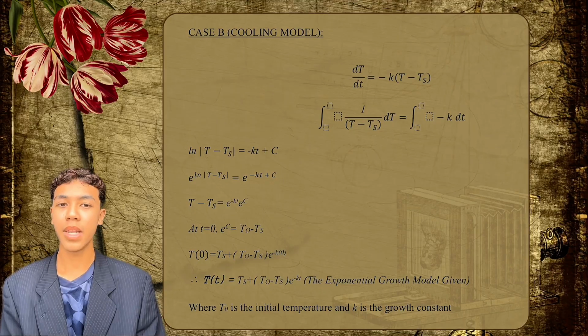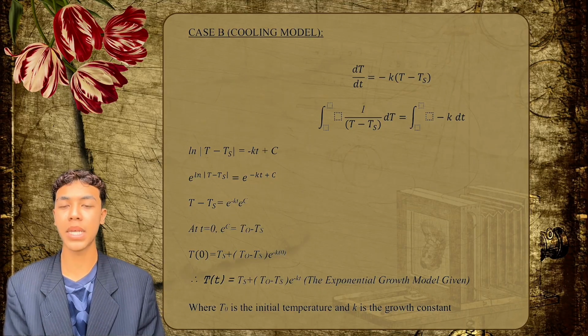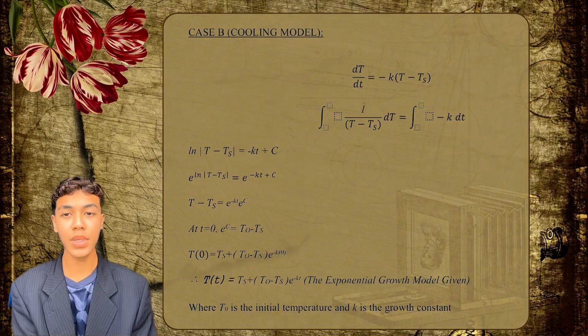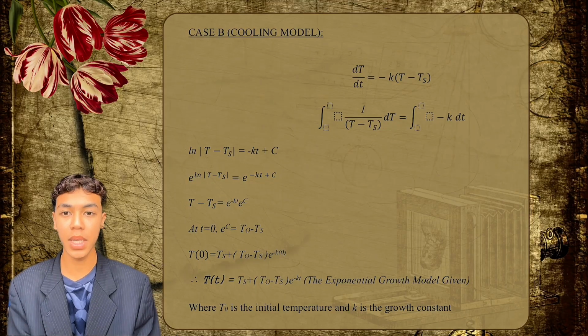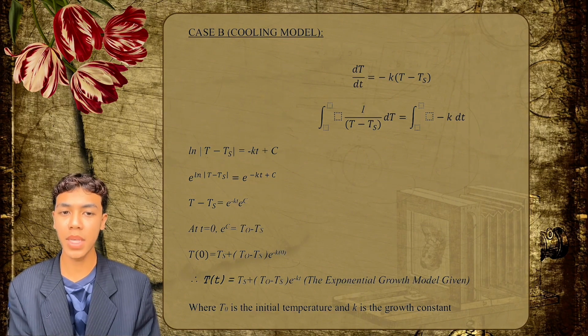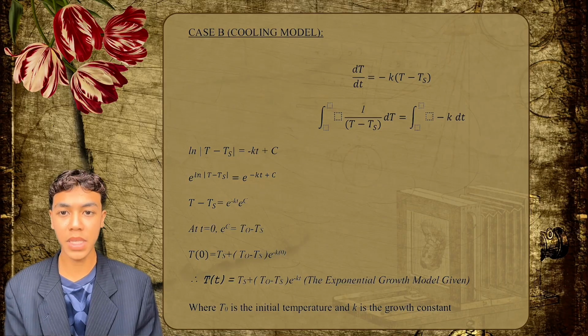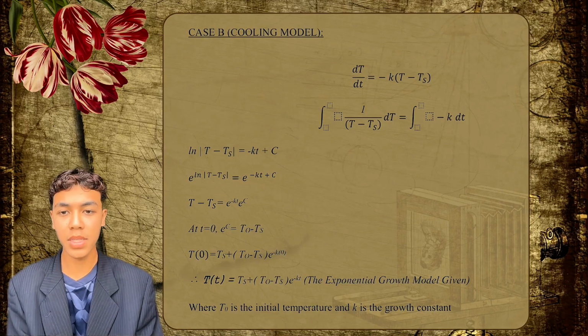We will get ln |T minus Ts| is equal to negative kt plus C. Now we have to use exponential function to cross out e to the power of ln. We have e to the power of ln |T minus Ts| is equal to e to the power of negative kt plus C. We will have T minus Ts is equal to e to the power of negative kt times e to the power of C, where e to the power of C, we can use it as one constant, which is